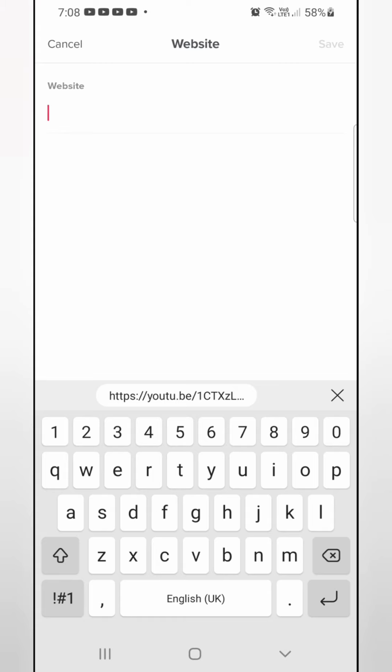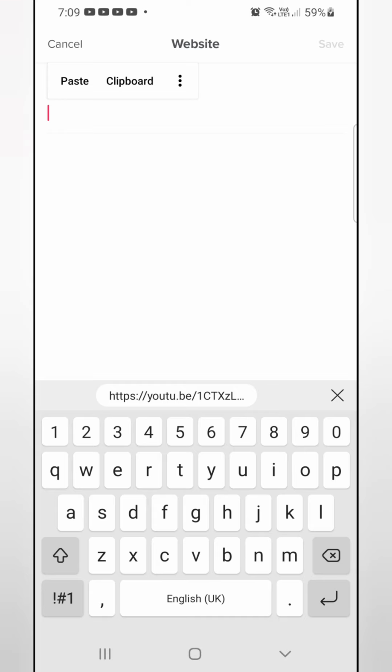The next is you paste here the link that you got from your YouTube video. Just a long press. All right, as you can see, there is a Paste option here. Now click on this Paste.